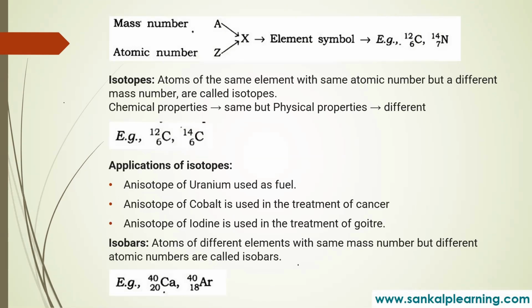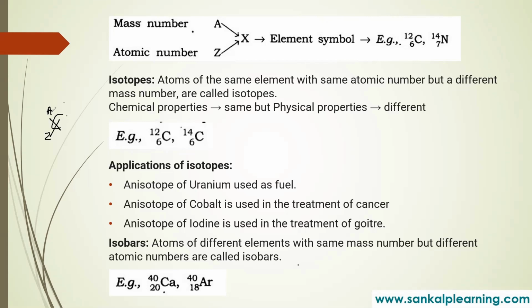See this one here. X is the element here. For example, if we are denoting carbon, this is what the element is. Now here I will write it as Z and here I'll write it as E. So this is how we represent the element. X is the element which we are representing. It may be carbon, hydrogen, oxygen, any element.